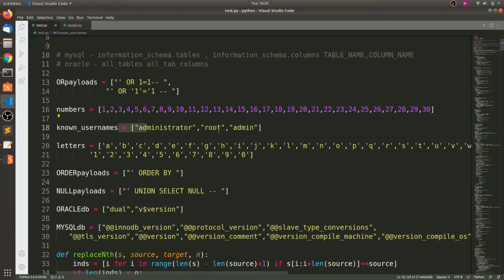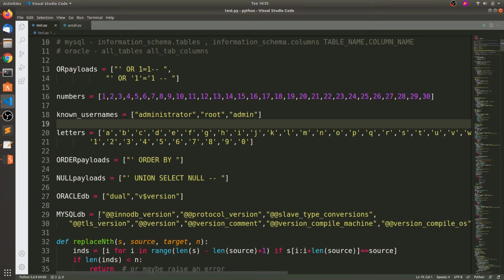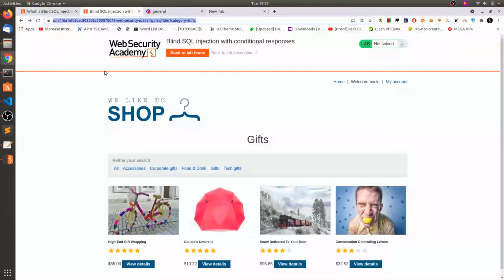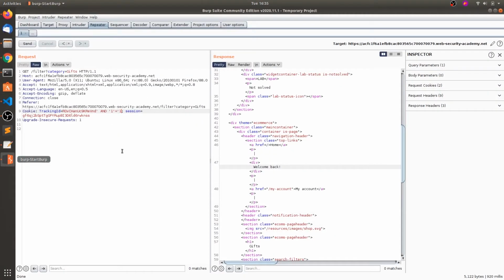So okay, now I will show you how to brute force the tables.